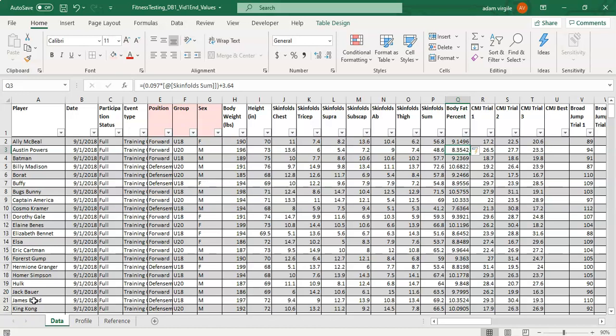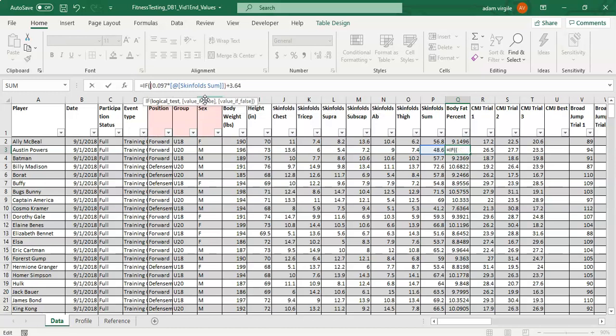And although an equation doesn't exist, there are a couple of changes in these numbers that would give a more accurate representation of their body fat percentages, at least per college students' body fat percentage equations. So what I'm going to do is we're going to wrap this all around an if formula. We're going to say if the person's a male, do this, but if not, then do the other equation. So say equals if, open parenthesis,